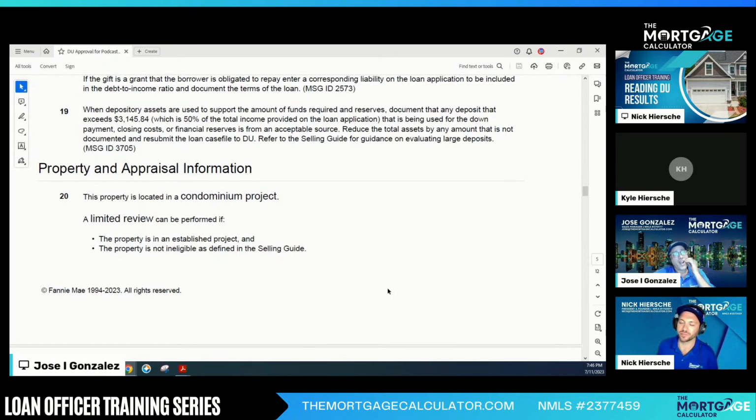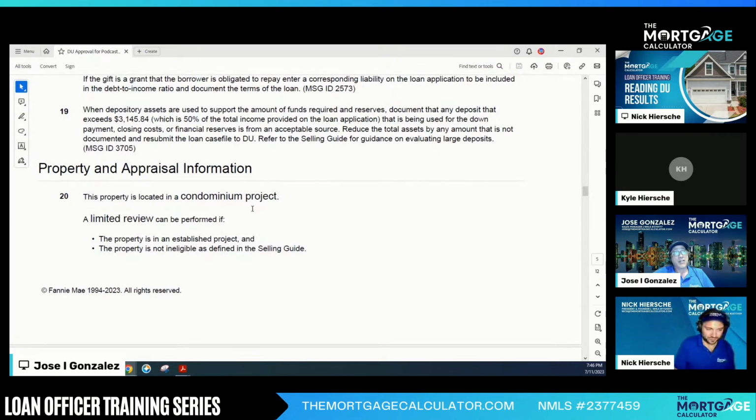So now number 20, here's where it gets interesting, because this property is a condominium. Now, in Florida, for those of you that may not deal too much with the Florida market, condos usually have an issue of inadequate reserves. People just don't want to pay the higher maintenance fees. Most of the homeowners don't want to have a reserve account because they want to keep the expenses down. I mean, it's penny wise and dollar foolish, if you ask me, but nevertheless,